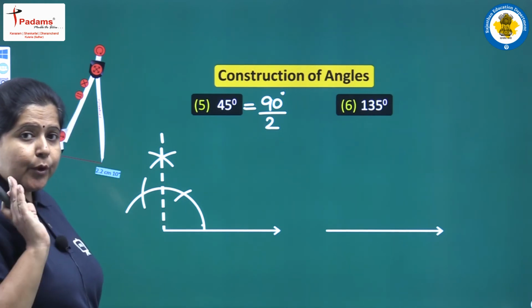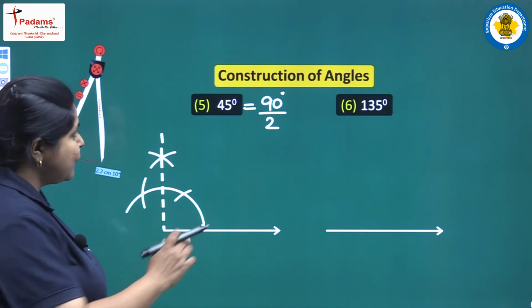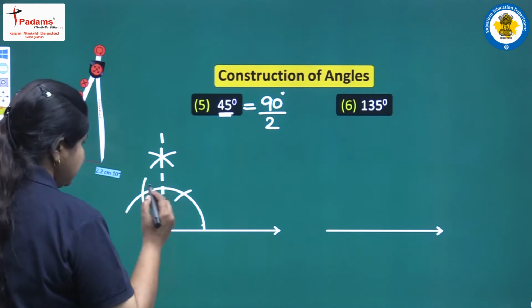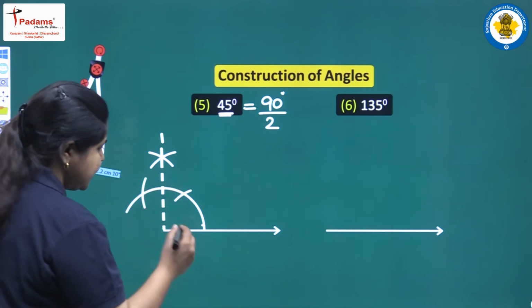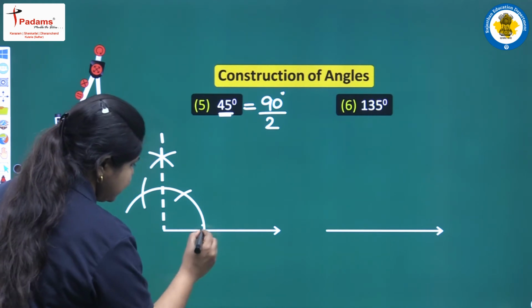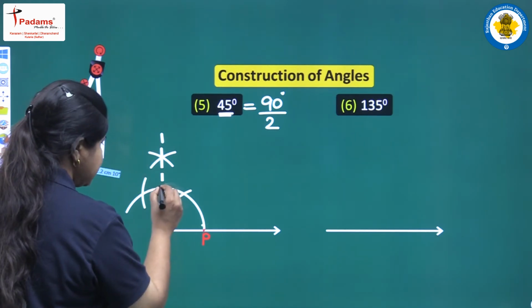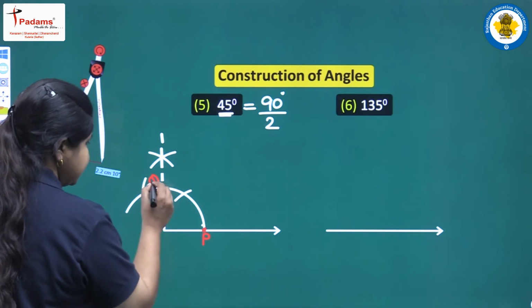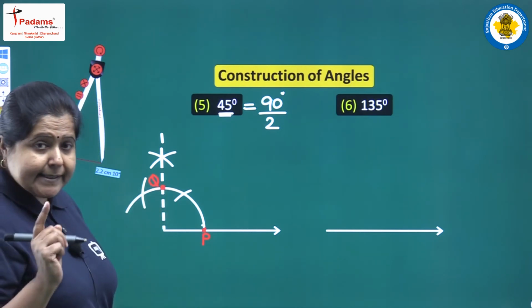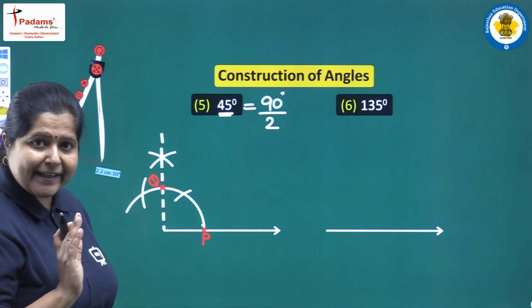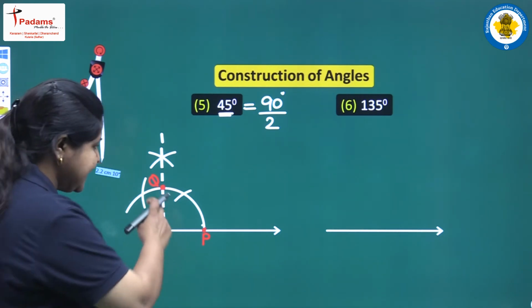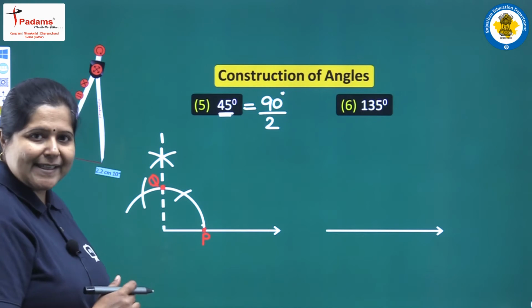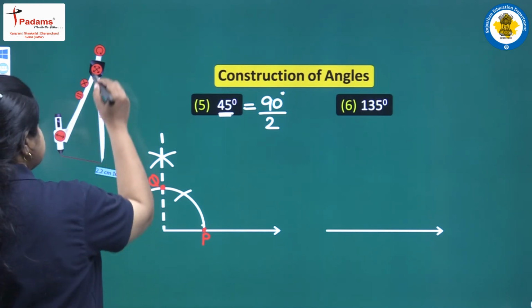What next we have to do? We have to bisect it to get an angle of 45 degree. You know, 45 degree is half of 90. So for bisecting, again we will take a look at where to keep the compass, the 2 points. One will be this one, P, and the other one will be this point, Q. These are the 2 points making an angle of 90 degree, and so we will be placing the compass at these 2 points, then draw 2 arcs of equal measure, and then we will be bisecting this angle of 90 degree. So let us use this compass once again.